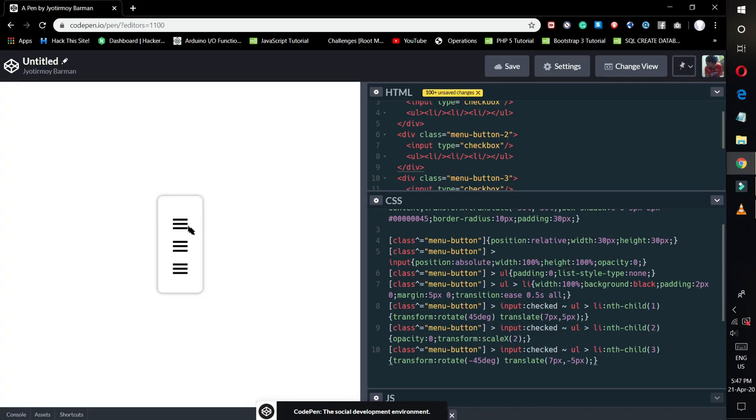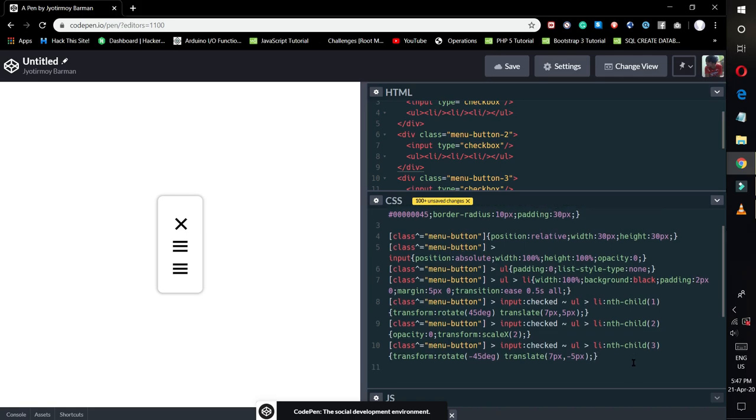Okay, so now you have 3 buttons. The 3 buttons function exactly similarly, but they're different buttons. Now we want to have different animations and different sizes and different shapes. So for the first one, I'm going to change the shape of it a little. Okay, so the first shape, what I'm going to do is